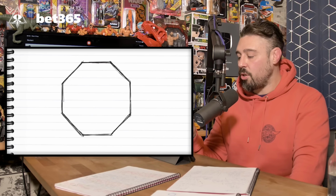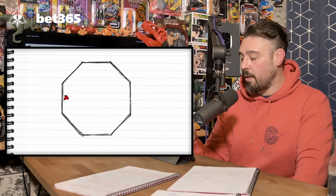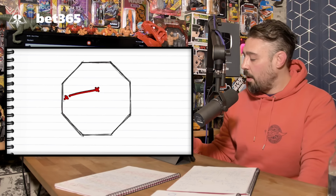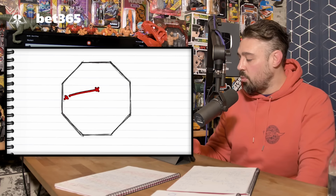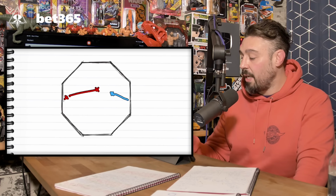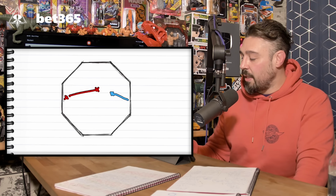Now, if we imagine Chimaev is red, he's going to start here, and he's going to move straight out into the center. So when he touches gloves, this is where he is. Meerschaert, on the other hand, has walked out from his corner and has stayed here. So that's where they've touched gloves. Now what happens is we're going to see